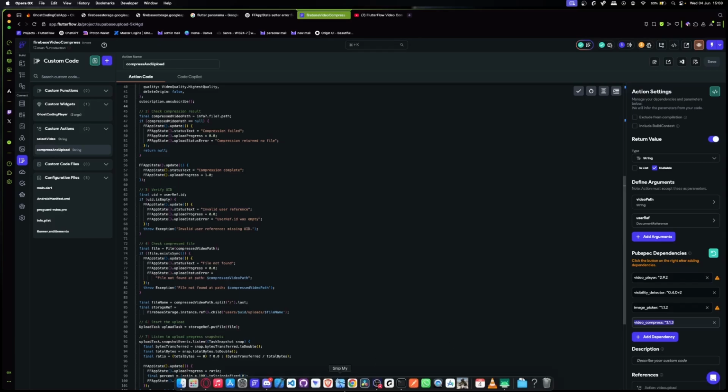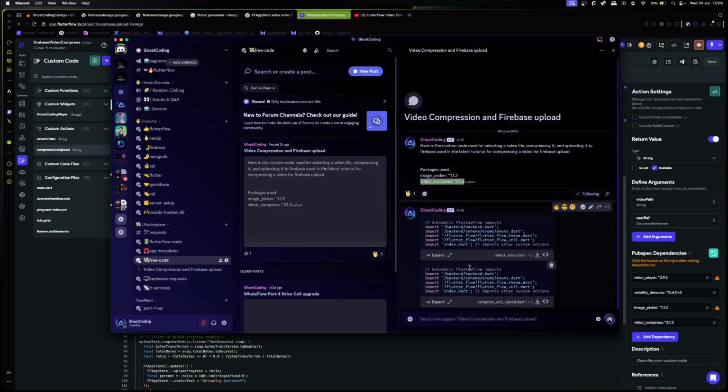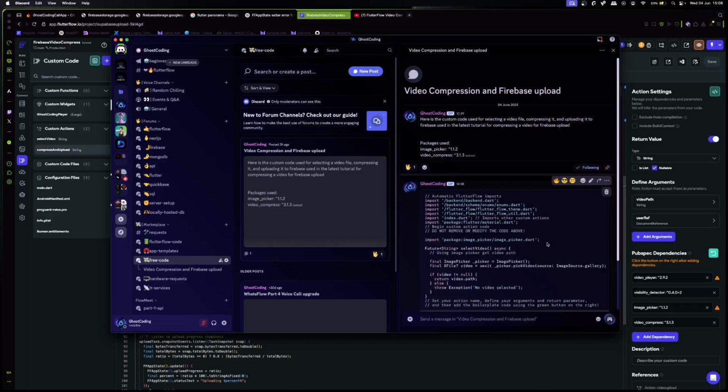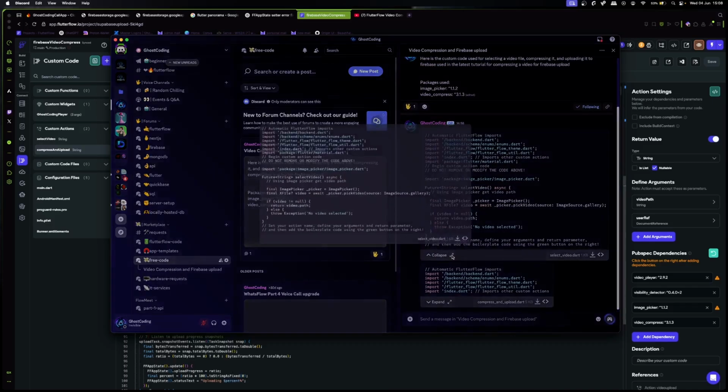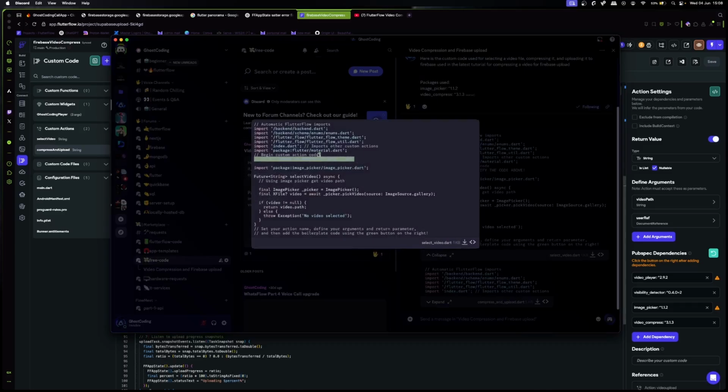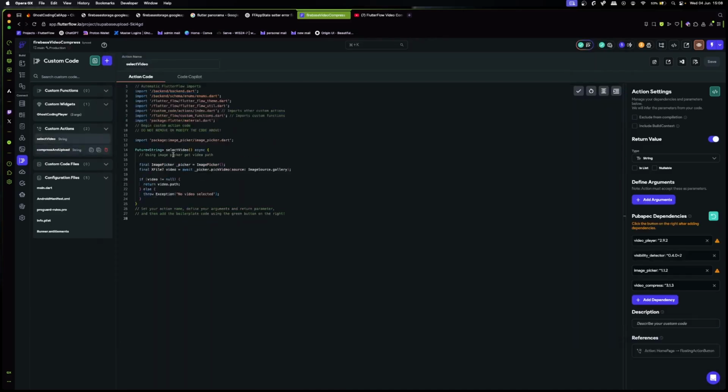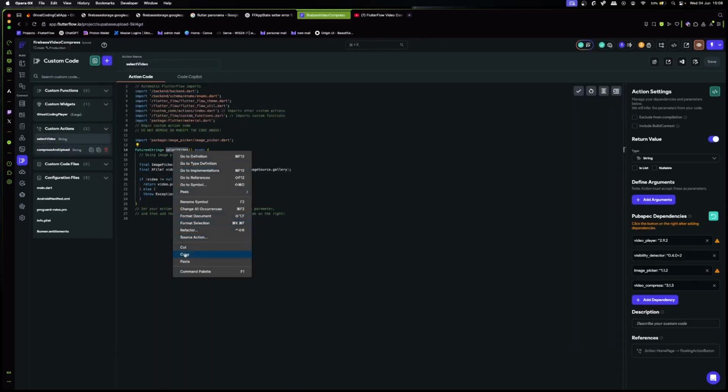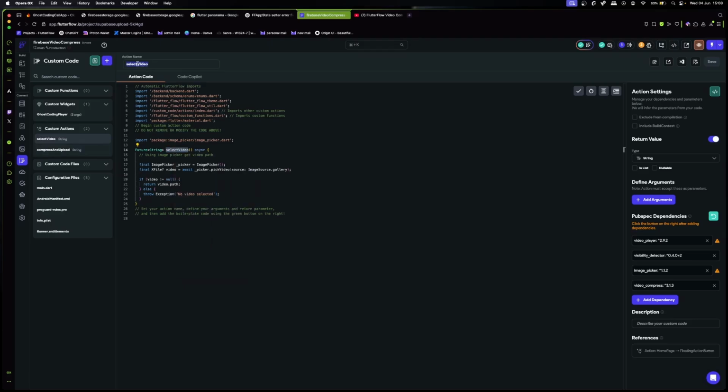Right. Now, another thing is when you expand this to actually see the code, right? Let me do this. Make sure that you don't copy this part out and paste it. Only copy from this, the import, down to the actual package information, right? It's very important. So once you've also then pasted that in, make sure that you name here, copy that out just like that, and then paste it here so that the action name is the same, right?